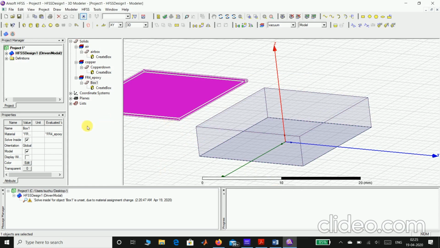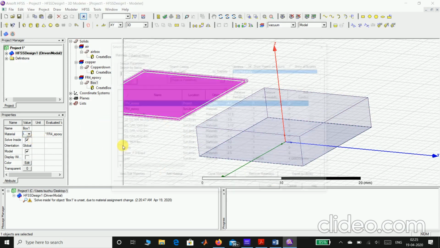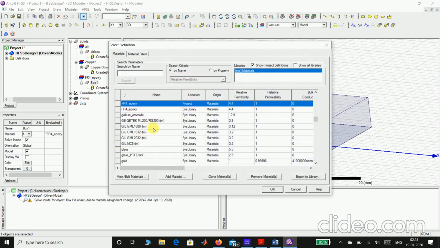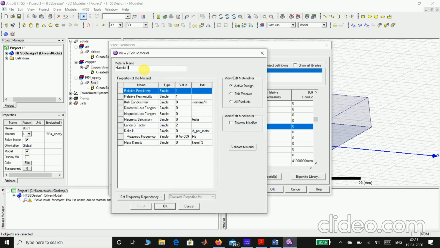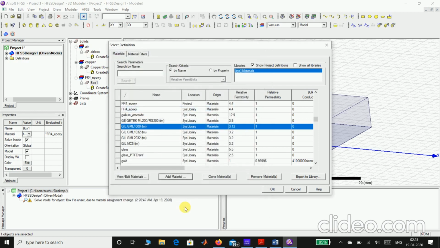Sometimes while using other materials, you may not be able to get all the materials. For example, there is a material known as FR4 with a dielectric constant, I guess 3.2, which is not available in HFSS. So you can even add a material in that case. Go to add material and you can assign the material. Just name it anything, set the relative permittivity, set the dielectric loss tangent and then press OK. So you can assign your own material.